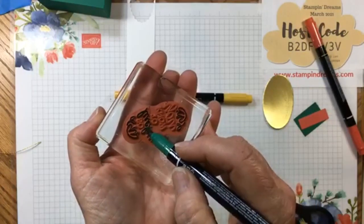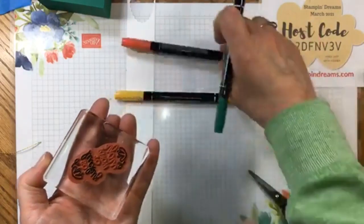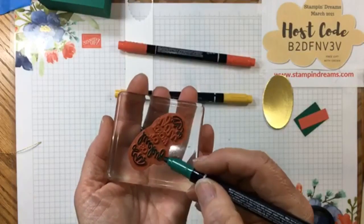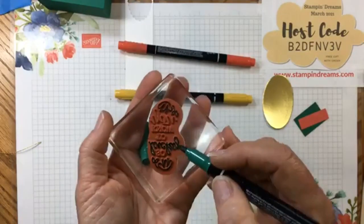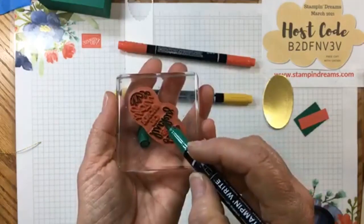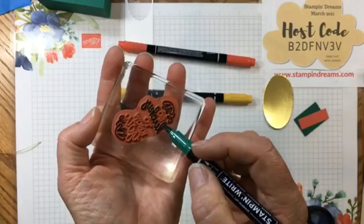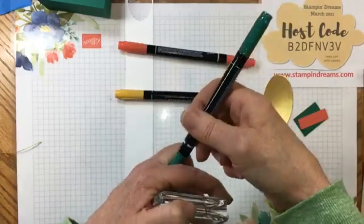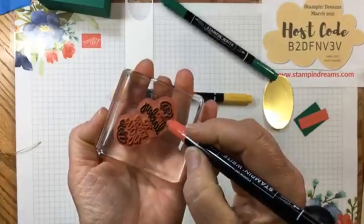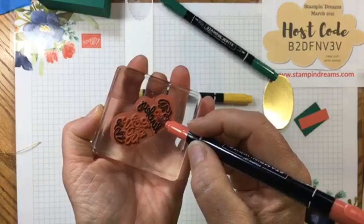And the key to longevity of your markers is to make certain that you store them flat, not up and down in a can or a coffee cup or anything. You have to leave them stored flat, because that way the ink flow is going to maintain evenness between both ends. All right, so that was my shaded spruce. Now I'm going to ink up my terracotta tile